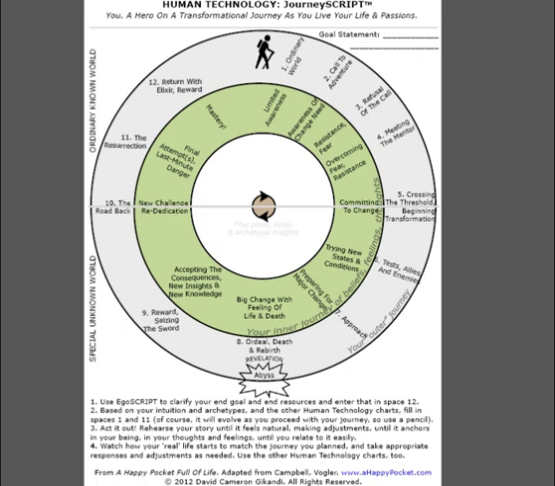And as we know by now, the human technology tools are designed to give you a reminder of how life works and a powerful application tool for that knowledge for when you need it the most, especially in times of either crisis or in times of growth opportunities. Now, there are several of these tools, and they all are meant to work together. This particular one is called the JourneySCRIPT tool,